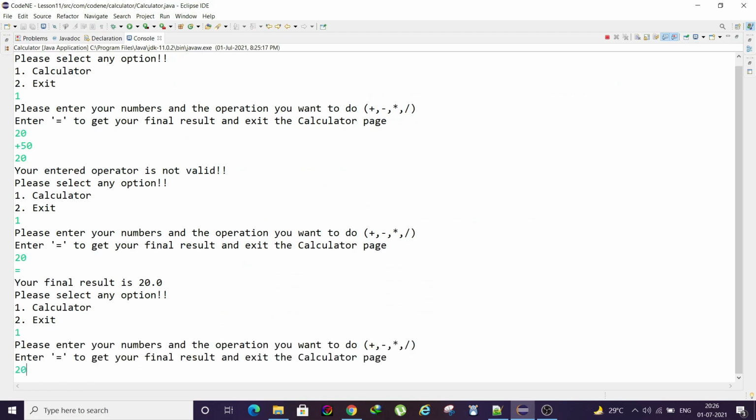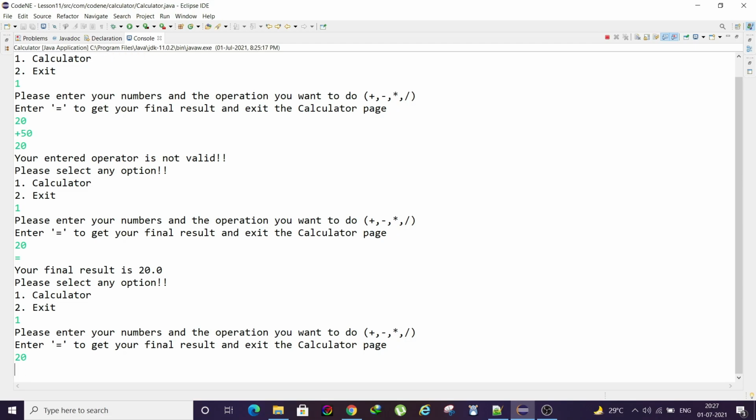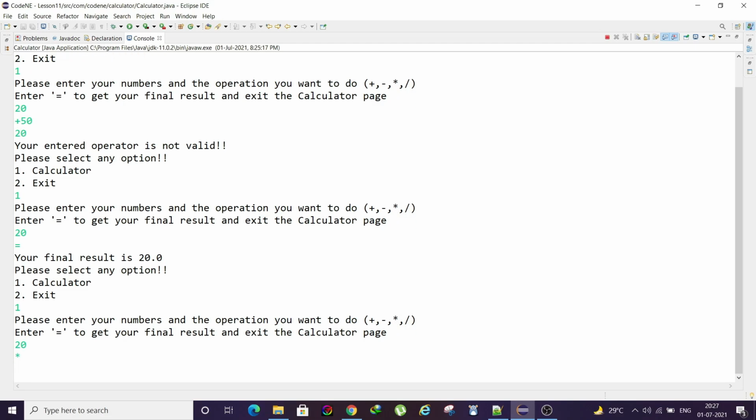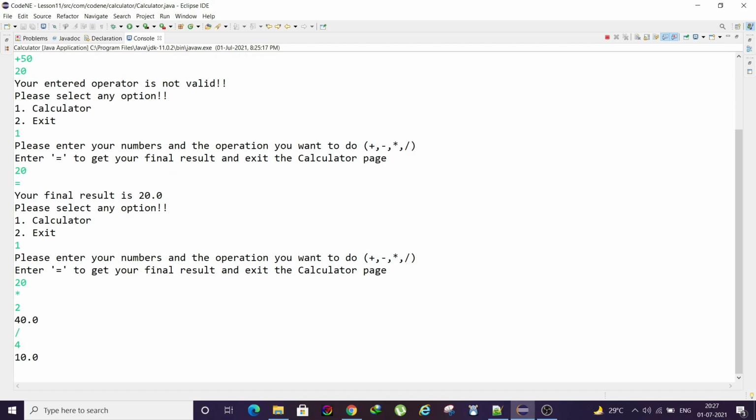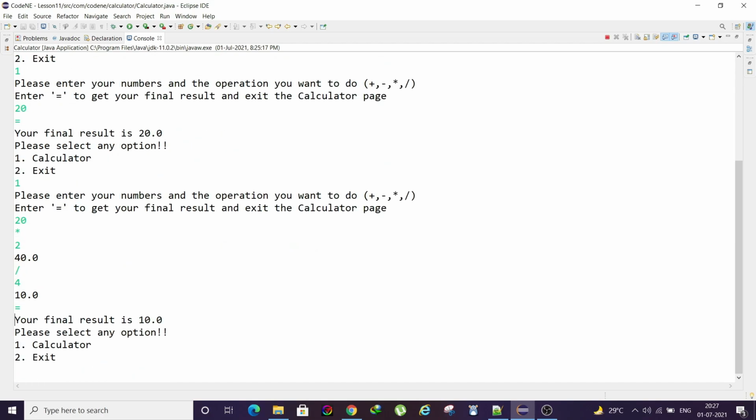Go to the calculator. 20, I'm typing 20 again and again. Multiply 2. Okay, this is also working. Divided by, let's say 4. So when we click on equal to, will it exit the calculator? Yes, it's exiting the calculator page and showing us the main menu, and it is also displaying our total output. The final output is 10, and then it went back to our main menu.